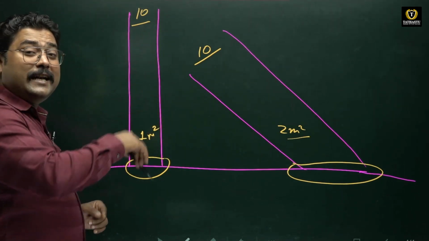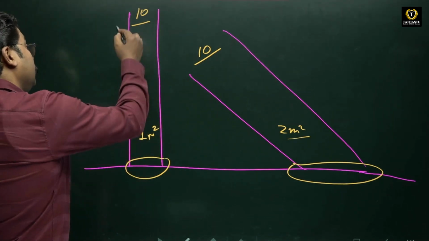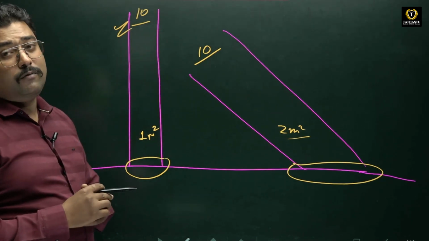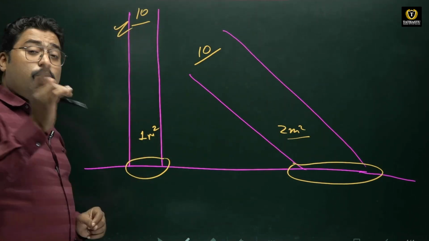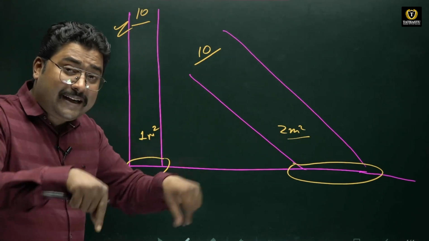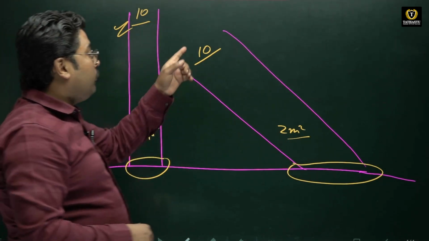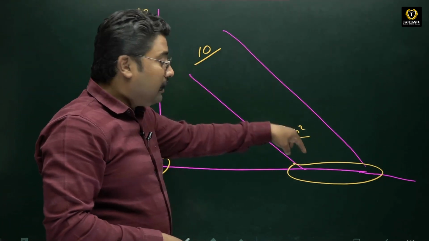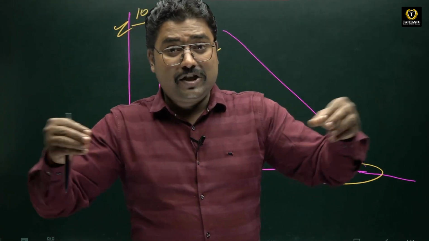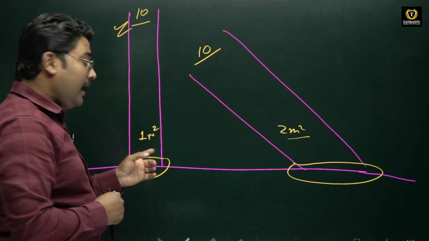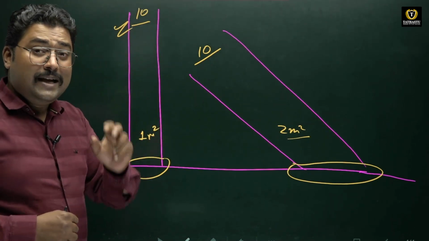Which part will be heated more? Obviously the vertical one, because the 10 units are heating only 1 unit area, but here the same 10 units heat a 2 meter area. So the energy will be distributed among 2 here, and only 1 there. Second part,